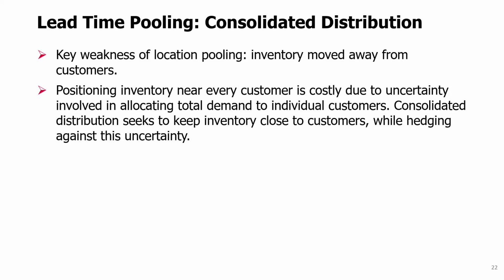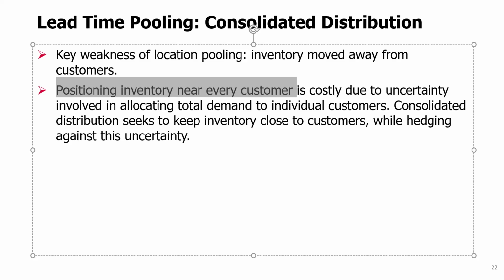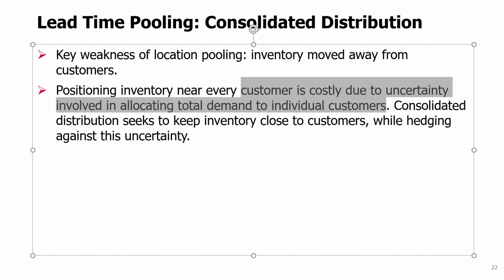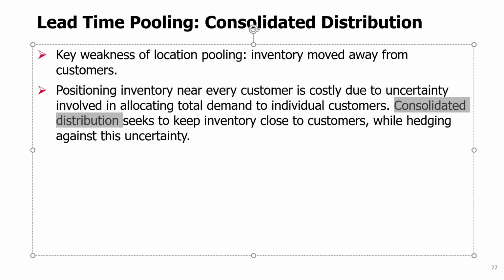So consolidated distribution is trying to address location pooling weaknesses. In location pooling, the key weakness is inventory is moved away from customers, right? However, positioning inventory near customers is costly due to uncertainty involved in allocating total demand to individual customers. So instead, we will use consolidated inventory and consolidated distribution, which will try to keep inventory close to customers while hedging against this uncertainty of dividing the total demand